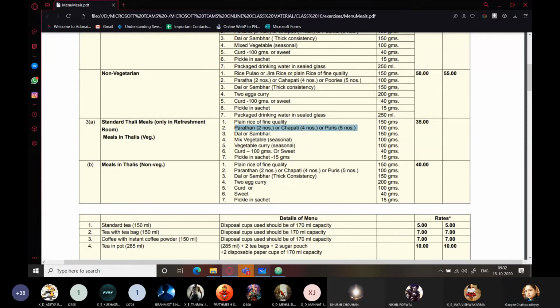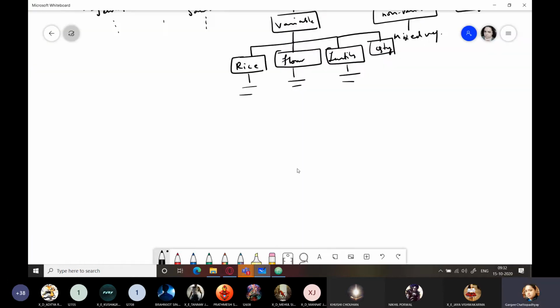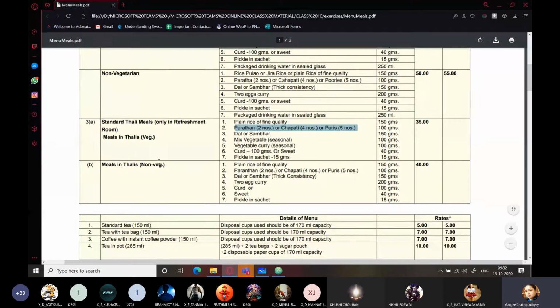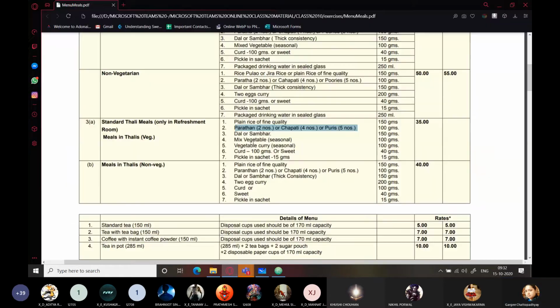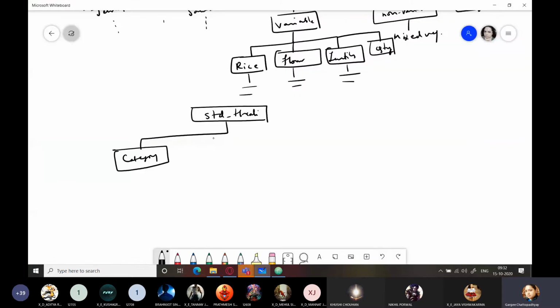Like, if I keep it like I thought of something, if I have the top one that is standard meals, let me just, I'm taking it for standard thali now. Okay, maybe we'll get some solution from there. Thali. Now within this category we have all these things, right?